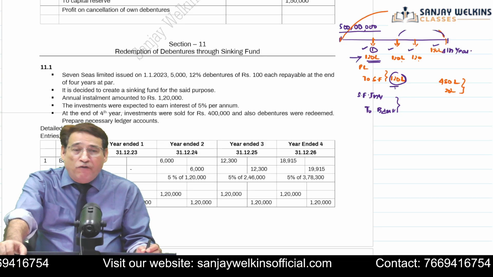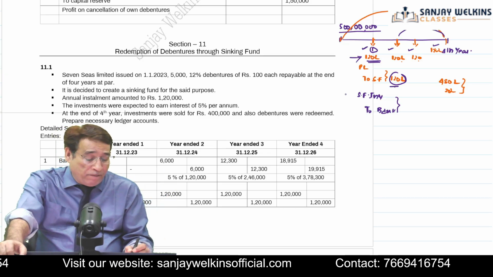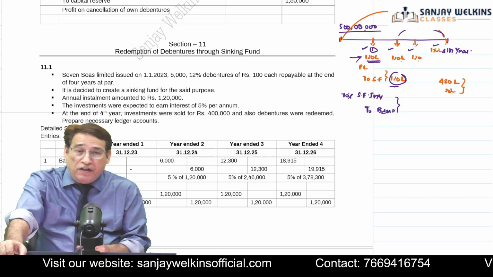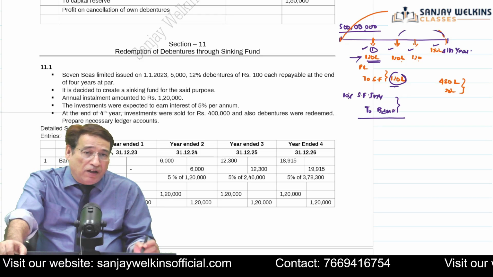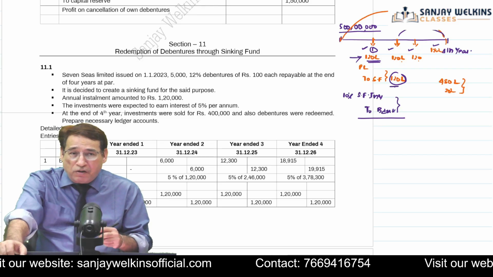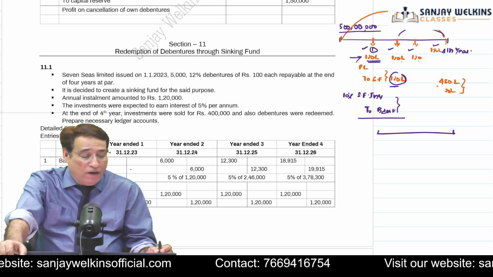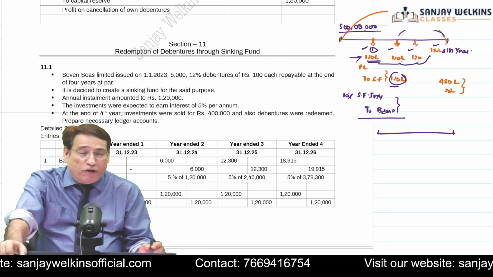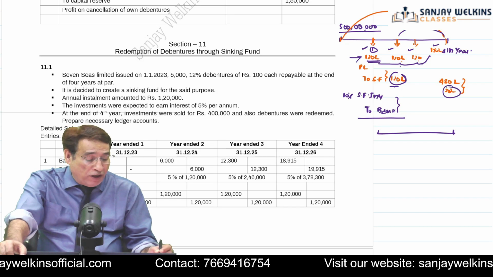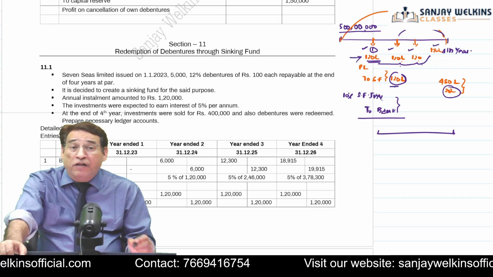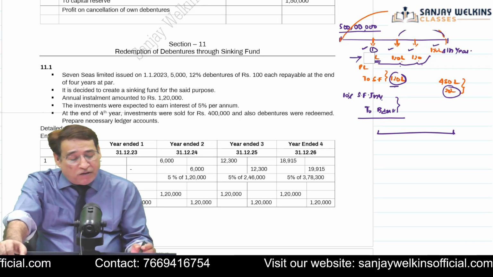So we should use it somewhere so that we get some benefit. Directors are going to invest in government securities. Let us say these investments carry 10% interest. When we have invested this amount, we will also get some interest. By the end of the fourth year, we have 480 lakh out of our savings, that is 120, 120, 120 and 120, and also 20 lakh we will cover through interest income. So this is the policy and the entire concept of sinking fund.